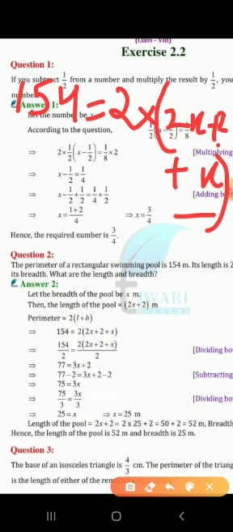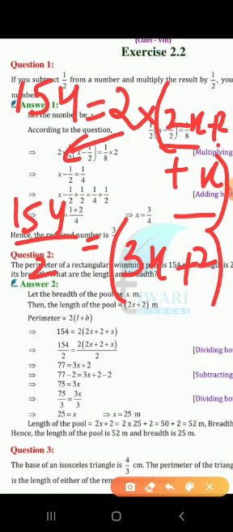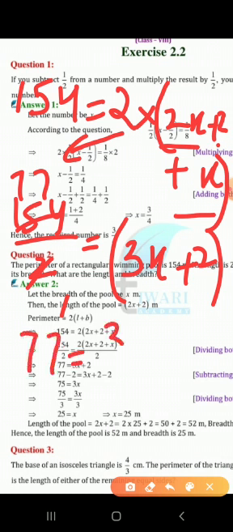Here see, 2 is being multiplied on the right hand side. If you change the side of 2, it will be in division form. Multiplication will convert into division. So first step: 154 upon 2 equals, now like terms are 2x and x, both are variables, they can be added. 2x plus x is 3x, plus 2. So 154 upon 2: 2 1s are 2, 2 7s are 14, 2 7s are 14, that is 77. 77 equals 3x plus 2.